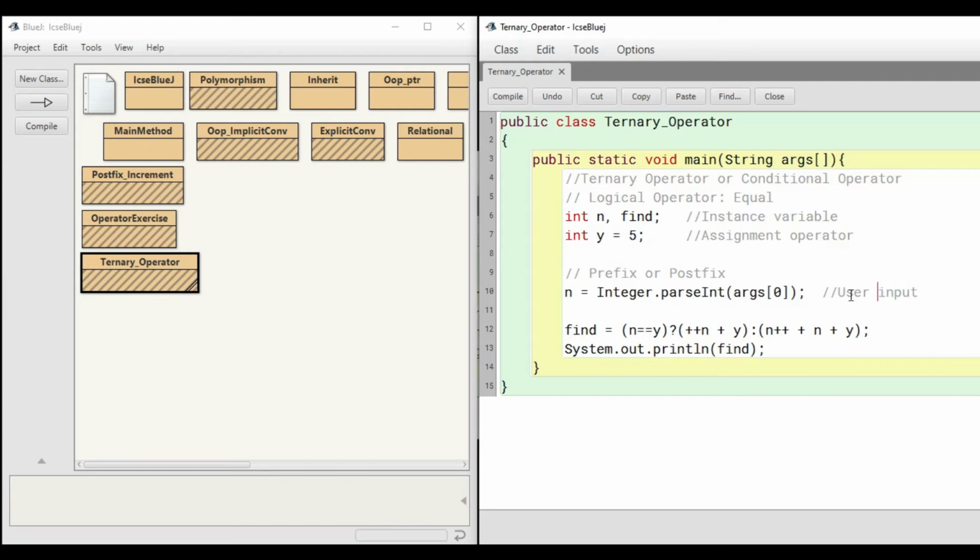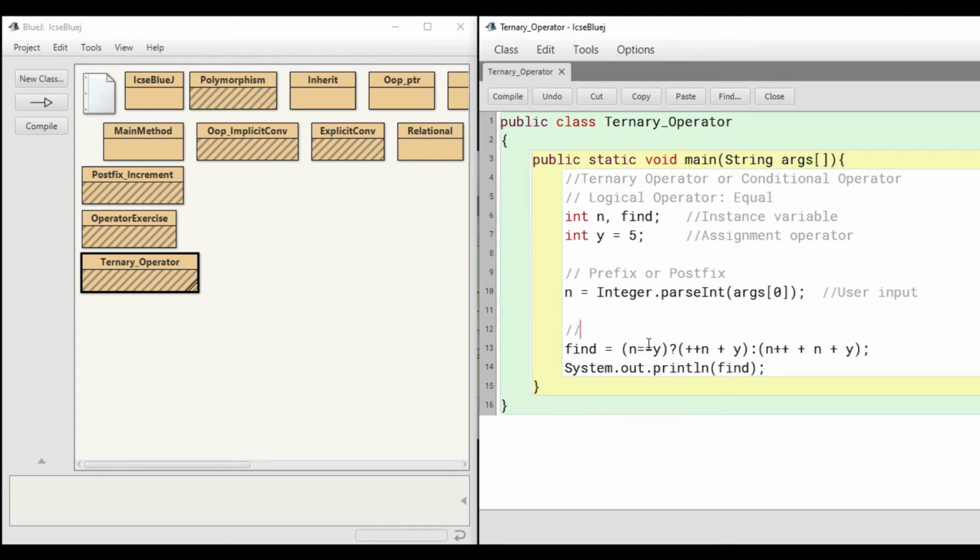The user will be providing the input, and we are using this args array. With the help of the array, I will be giving a value at the array's first location, and that will then be typecast, converted to the integer type, because you can see it's a string type. You have to convert it to integer type, and only then can you go for some kind of mathematical computation. After converting it, I will be storing it in my instance variable n, and then I am going to execute this important statement. What this statement is all about is that here we are going to perform some decision making.